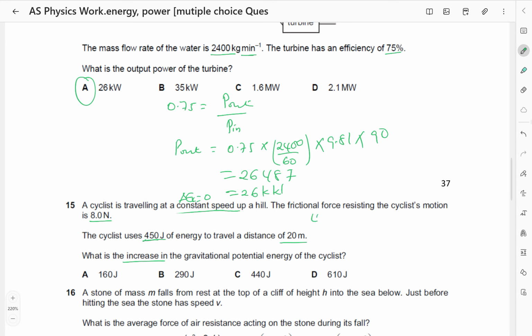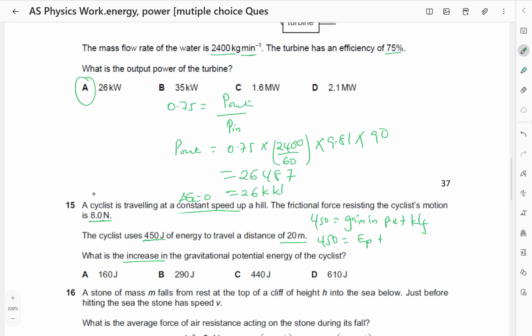So 450 is equal to the gain in gravitational potential energy plus the work done against friction,